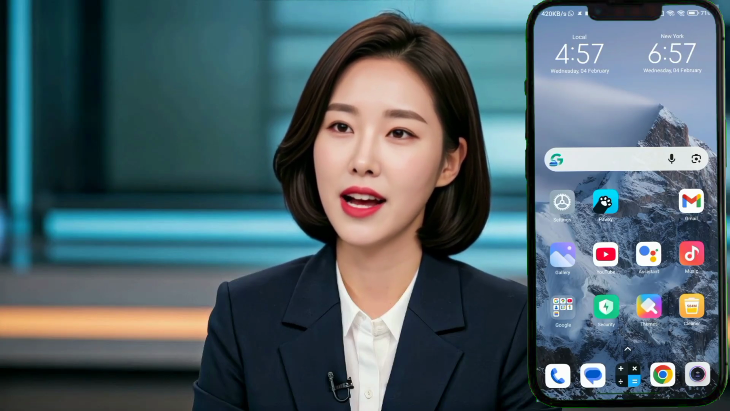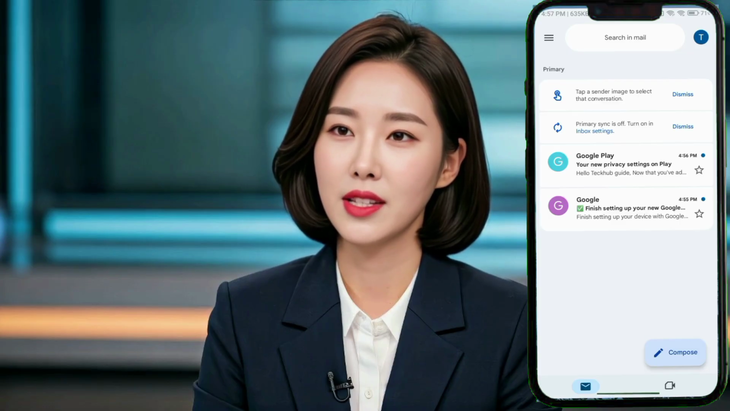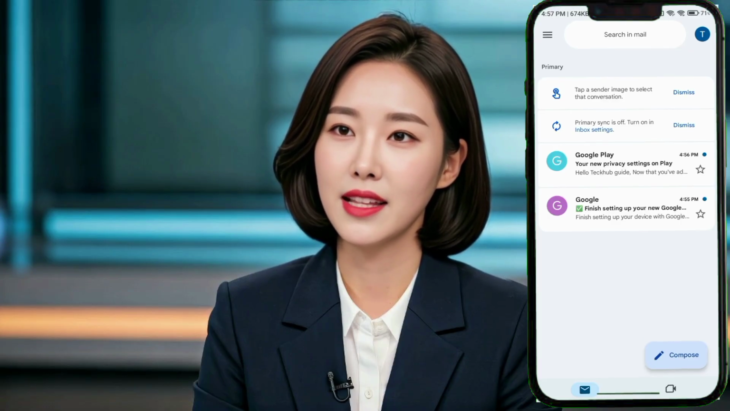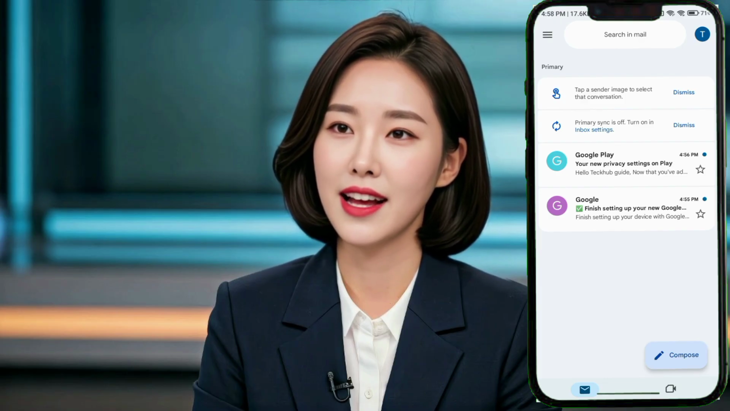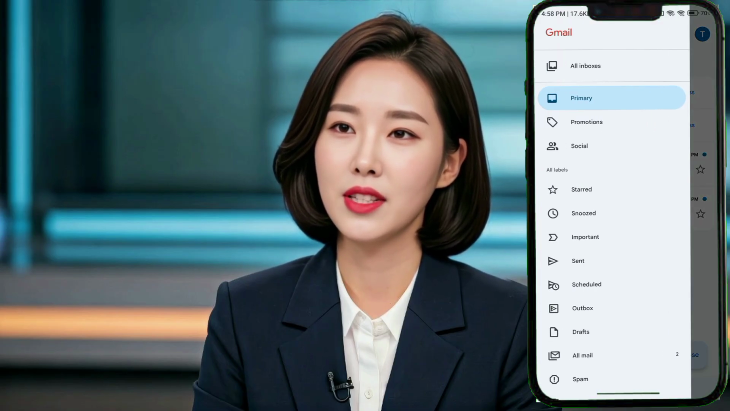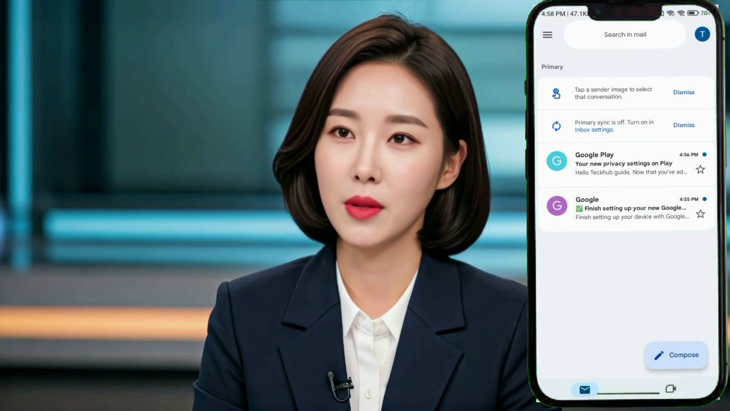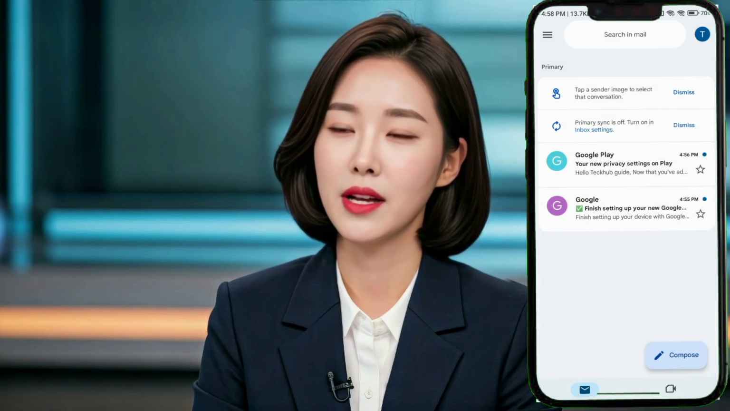In today's video, I'm going to show you how you can recover permanently deleted emails from your Gmail account using your mobile phone. This method works on iPhone, Android phones, and Samsung devices. A lot of people think that once emails are deleted forever, there's no way to get them back. But Gmail actually provides one official recovery tool that may help you restore missing emails, and I'll walk you through